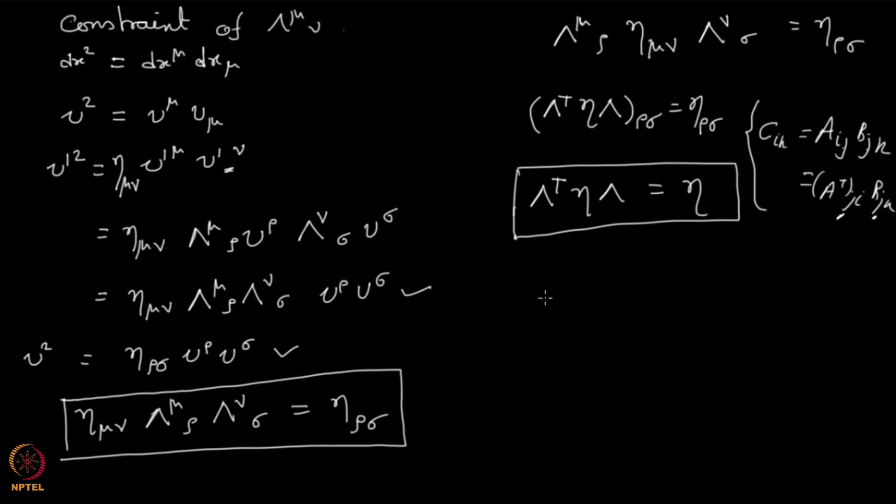Okay, that immediately tells us that at least some of the things we can infer about lambda. So, whenever you have a matrix, you start to ask what its determinant is, because the determinant is an important property of a matrix. So, let us ask what the determinant is. If I take the determinant on both sides,